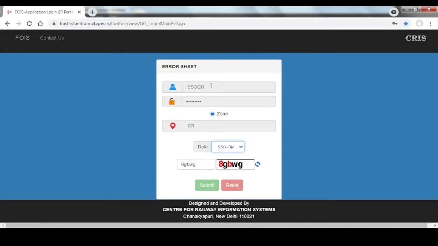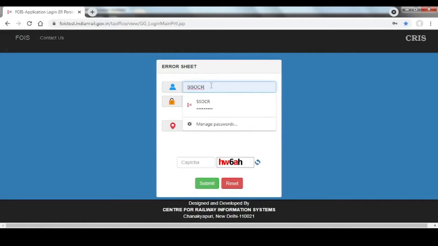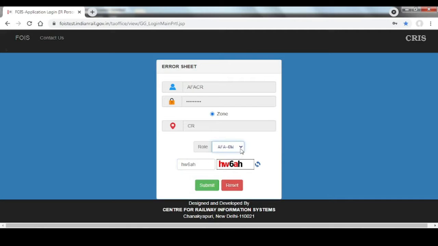Login with the AFA's ID. Select role as AFADW. Press on submit.